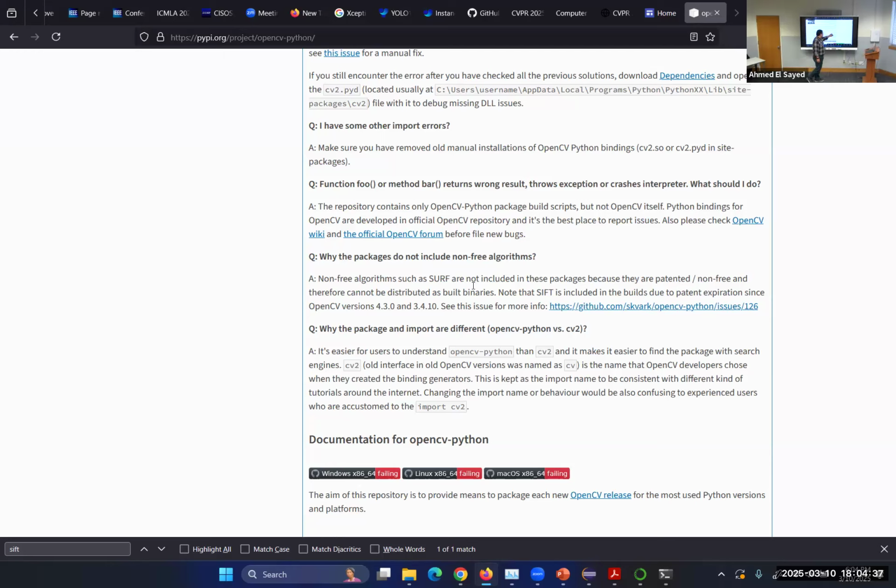Recently, starting from version 4.3, SIFT has been included, so the patent has expired and people are allowed to use SIFT for free right now. But other algorithms like SURF are still unavailable. You can't find them in this version. If you want to find them, you can go to any versions below 3.4. That's why we need to install